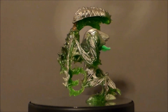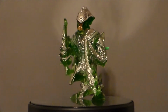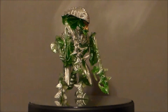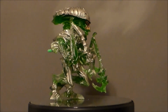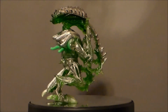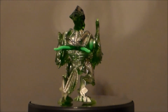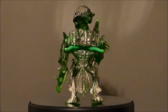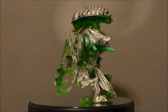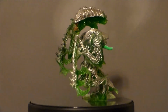So is the Mantis Alien from Kenner something you want in your Alien collection? Well, if you're a hardcore completist on Alien figures, you're going to want this. If you like the old toys from the 90s, especially the Alien type stuff, this is something that you want to pick up. The fact that they did an homage figure to this by Nika, I think is really, really cool. So it's going to be neat to see this figure and that one sitting side by side up on my Alien shelf. I'm not necessarily one to go out and get the 90s versions of these figures, but you know,